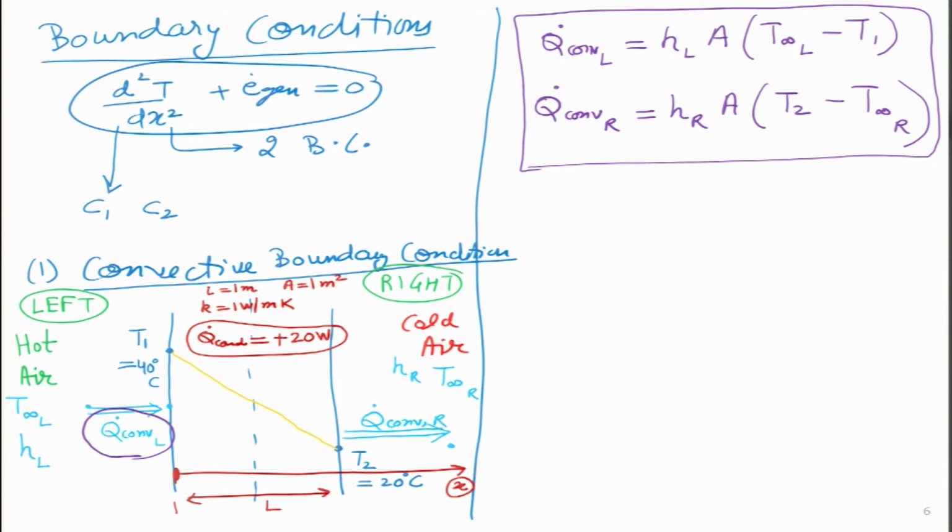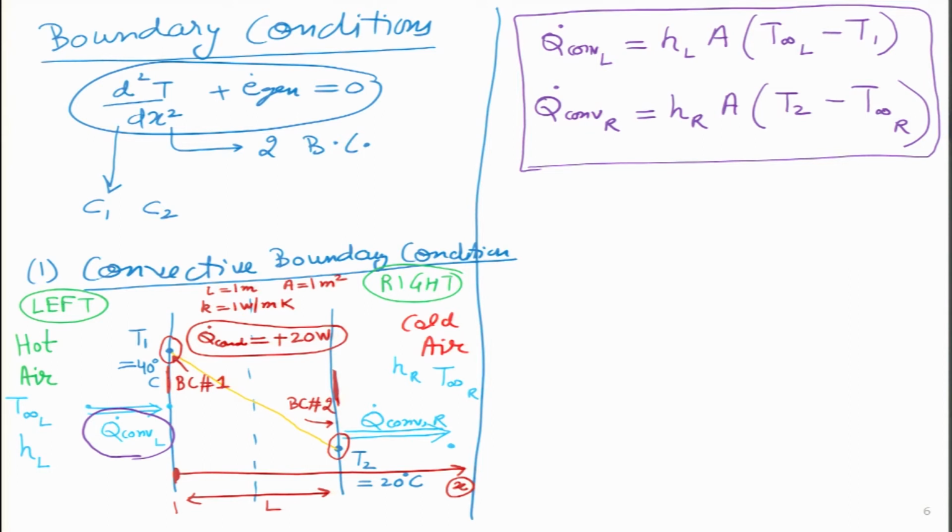Now, let me write the conduction equation at this particular interface. We will then do the same thing on the right hand side, and these will give me two boundary conditions. Boundary condition number 1 will be over here, at this particular point, and boundary condition number 2 will be over here at this plane. It need not be at a point, it can be at the whole plane. So BC1 is here and BC2 is over here.